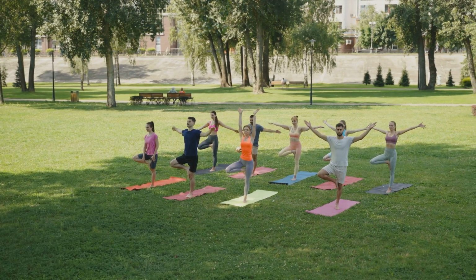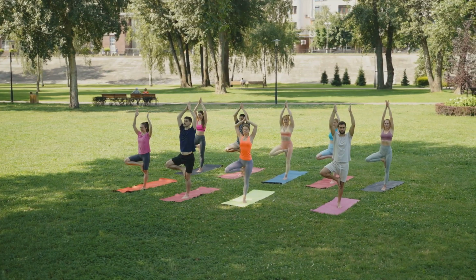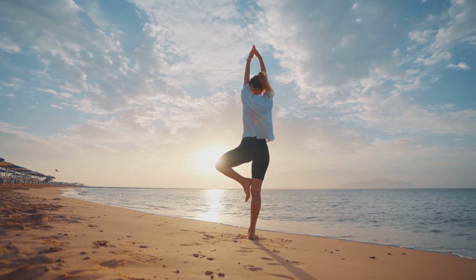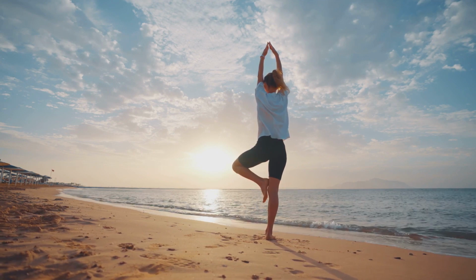As you breathe, raise your arms above your head, palms touching each other. Feel the balance in this pose, the strength in your standing leg, and the calm in your breath. Maintain this pose for a few breaths, allowing the tranquility and focus to permeate your body. As you stand in this pose, feel your connection with the earth, the strength in your standing leg, and the